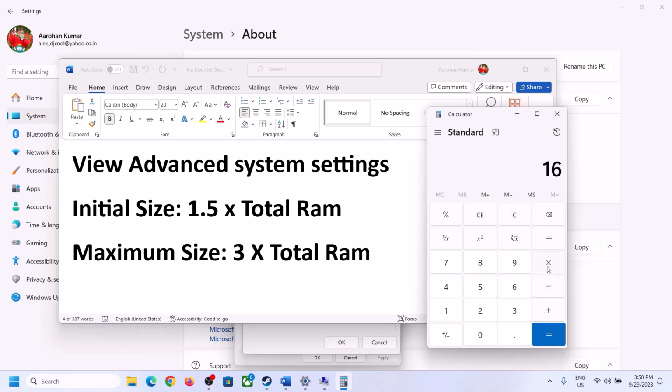16 into 1024, because 1 GB is equal to 1024 megabytes. So 16 GB in megabytes will be 16384. Now 16384 into 1.5, that is, 1.5 into total RAM. This is my total RAM in megabytes. So in my case initial size is